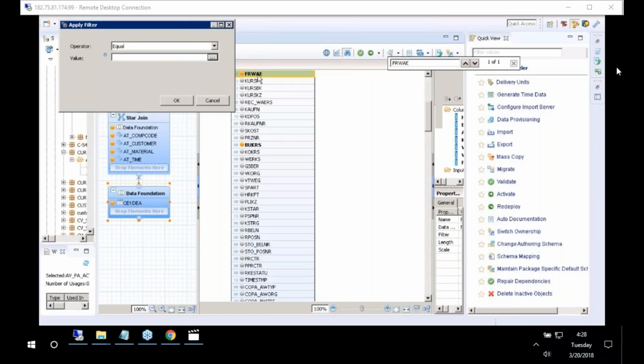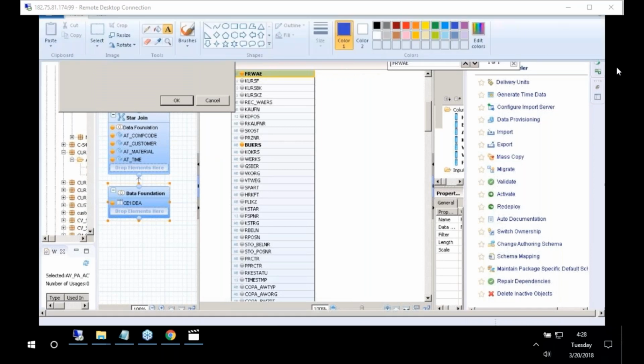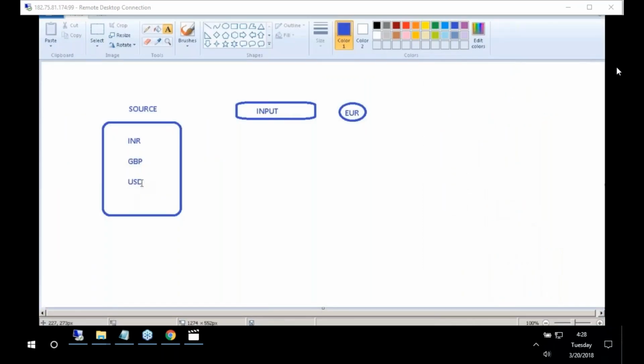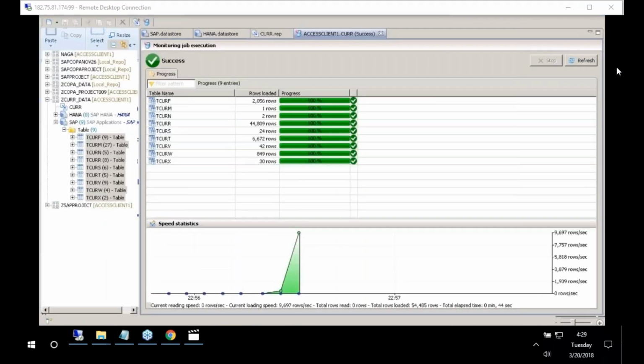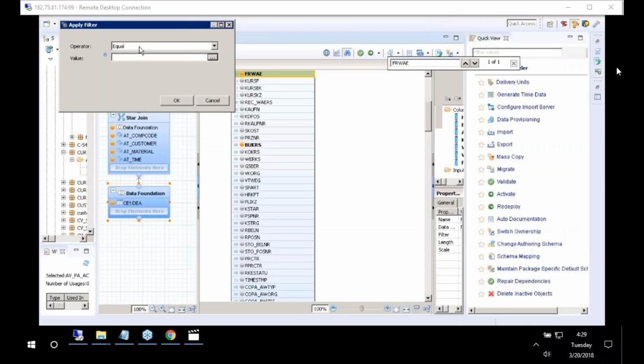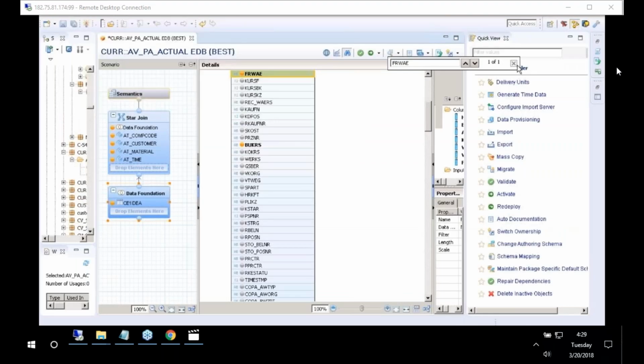So what is my requirement, participants? I would like to see the incoming data based on different currencies. So I'll go back. Here I can see data in different currencies. Now what I'm going to do is,